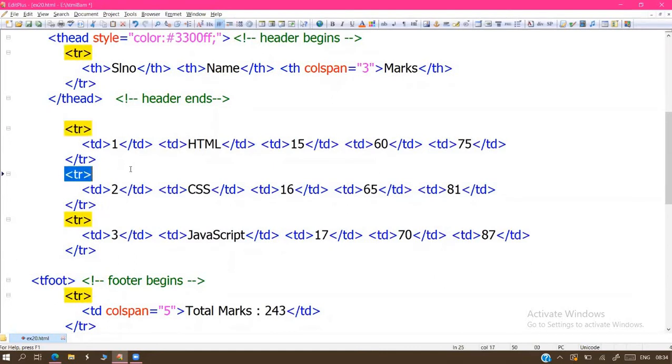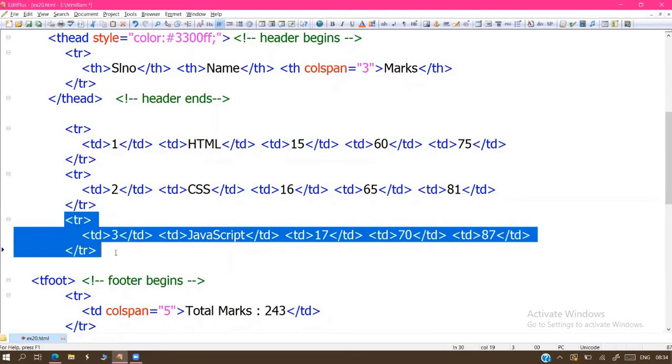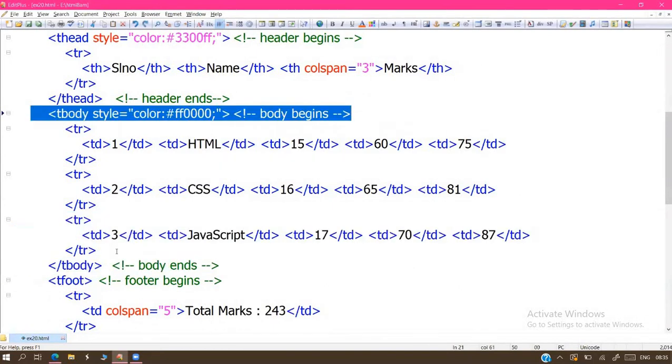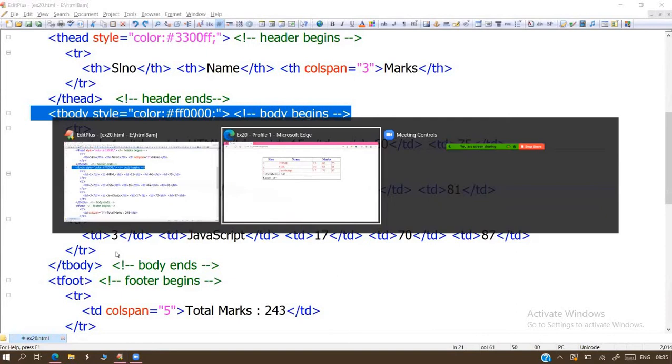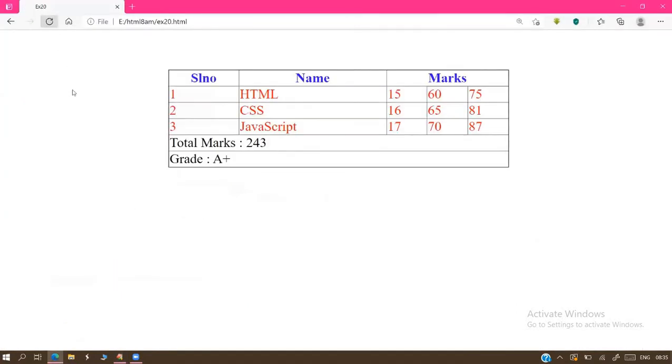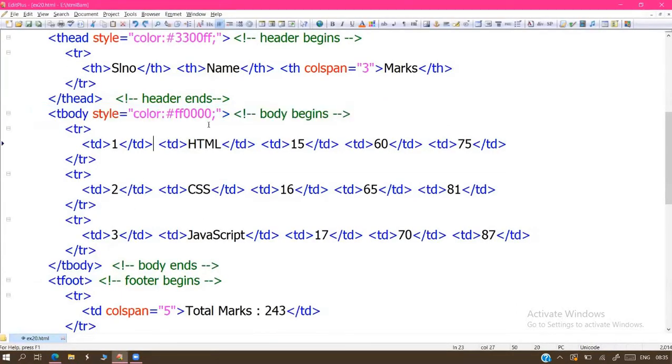The first row, whatever settings we apply, the same settings we require for the second row, and again for the third row. So 3 times we should design the CSS and HTML settings. If you want to apply anything, we have to repeat it 3 times. In this tag, sir, there is no need to repeat 3 times. If you apply it one time, it is automatically applied internally, whether CSS settings or HTML settings, anything.